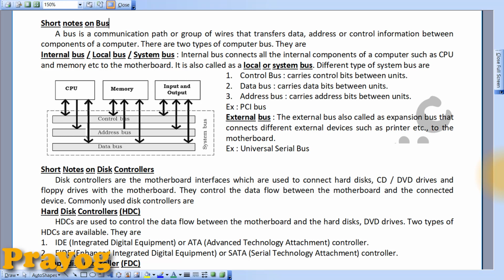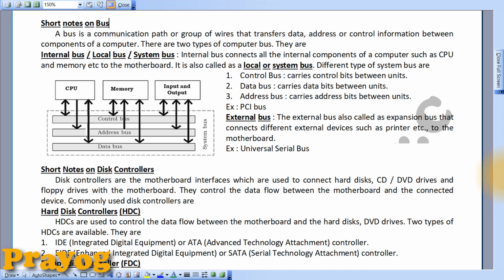Later the CPU has to instruct the memory, specifying the address of the file, and has to instruct the random access memory to load the content of the file. Now, the content of the file is transferred to the random access memory through the data bus. And then the information to be printed has to be spooled to the printer through the USB cable, which is nothing but an external bus.